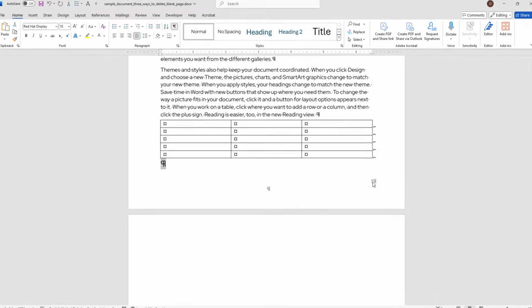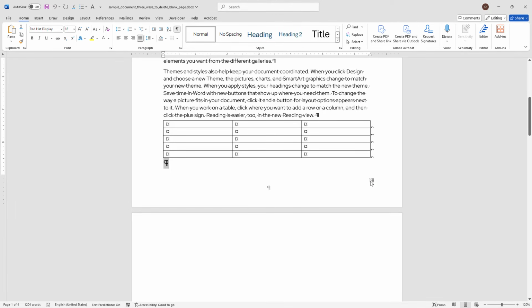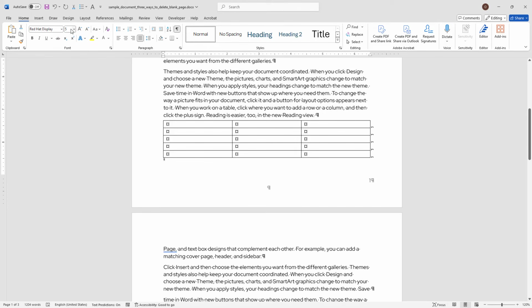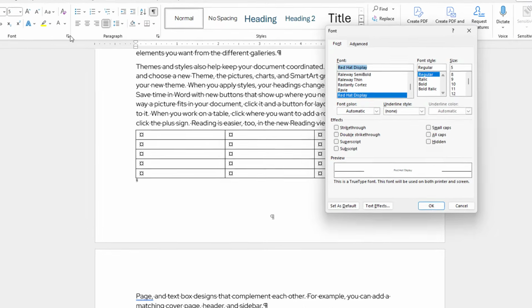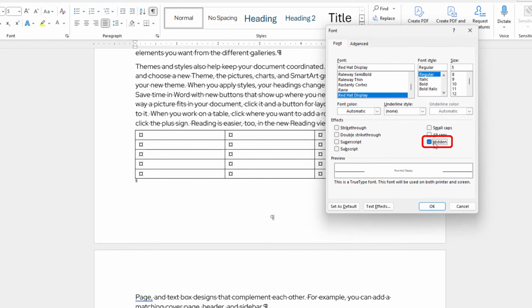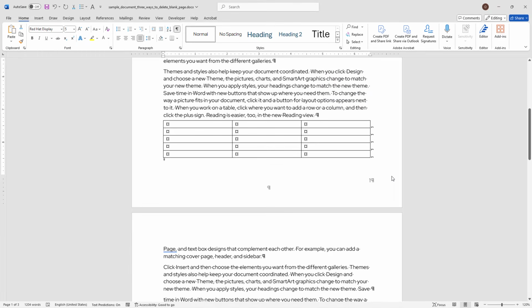If setting all indentation and spacing to 0 doesn't work, change the font size of the paragraph to the smallest setting while the paragraph mark is highlighted. If that doesn't work either, try making the paragraph hidden. While the paragraph mark is highlighted, click the callout arrow in the font section under the Home menu in the ribbon. In the pop-up, check the box next to the Hidden option under Effects. If all else fails, try deleting any paragraph marks above the table. This may move the table up far enough on the previous page to eliminate the blank page below.